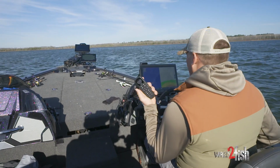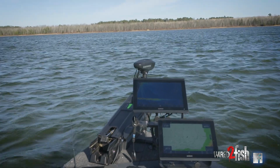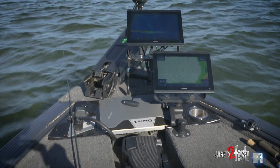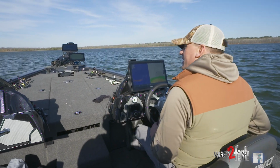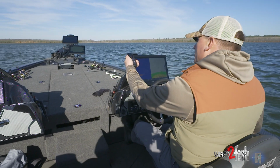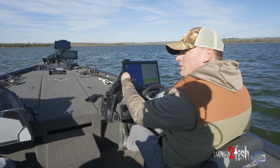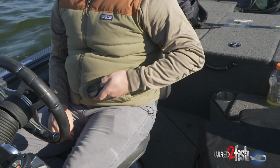So I have this controller in my hand. I've got my bow mount down. I've pulled up my live sonar and I've got it in forward facing, of course, and we're just churning and burning water. It's an endless basin, so the quickest way that I can eliminate water is get on the big motor, drop down my trolling motor, and I hit my M, and I can waft to the front of my trolling motor on the tip of the boat as I idle around and essentially just cover water